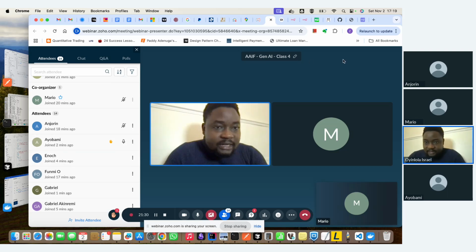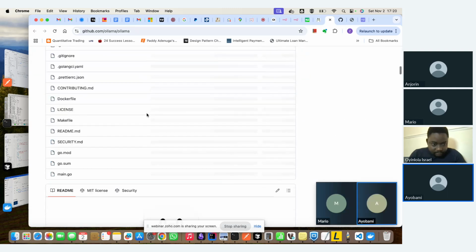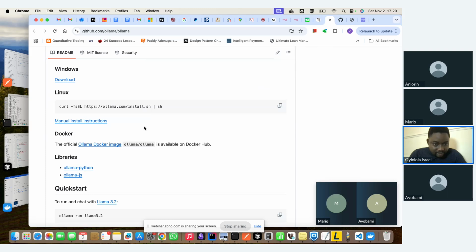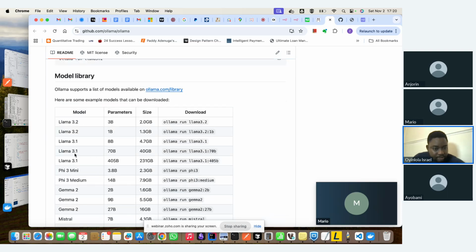The guide is okay here. We followed this guide. If you go to GitHub after installing, you download the Windows installer. After installing, you then run ollama run llama3.2. That's essentially what we did on the call the last time. So I will run it on my terminal. Yes, you will run it on your terminal, exactly. Once you run that, it will pull the image. It will pull the Llama 3.2 image. So if you don't want Llama 3.2, you want 3.1,